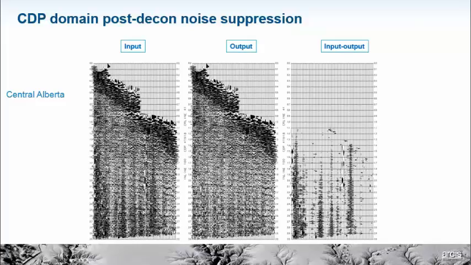So in the context of post-deconvolution noise suppression, we have to worry about high amplitude noise bursts. And often the CDP domain is a really useful domain for identifying those bursts. So here's an example of a certain 3D CDP gather. There's the input. You can see these noise bursts. We apply a median style outlier detection, beat down the noise, and in the difference plot you see before you, there's no obvious specular signal reflection energy. So this is a careful example that we're happy with, and we would go forward with this as our post-decon